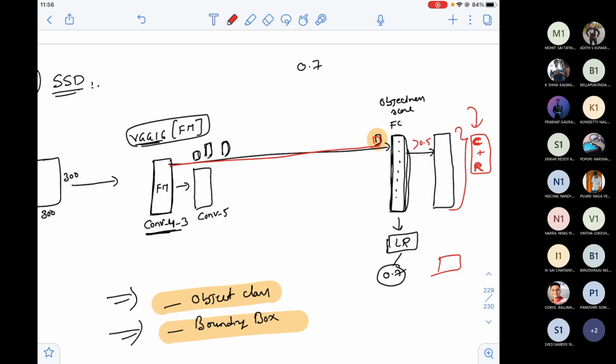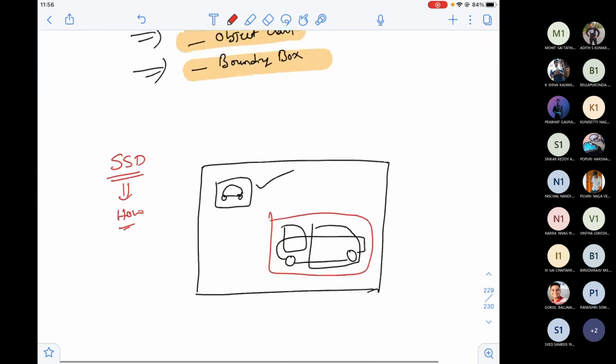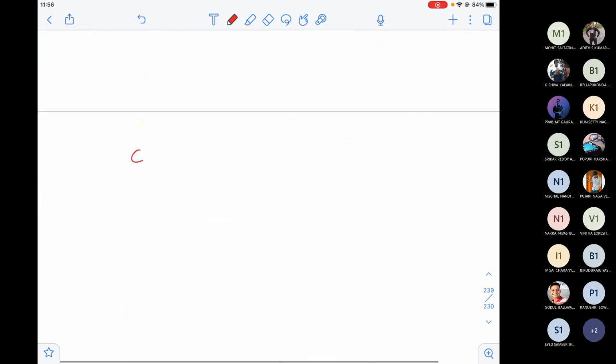So more about this, since I have time, let me just tell you that. What is C plus R? This is very, very important in SSD. Say, for example, in my entire data set, I have only five objects. And for every object, I have to draw the box.